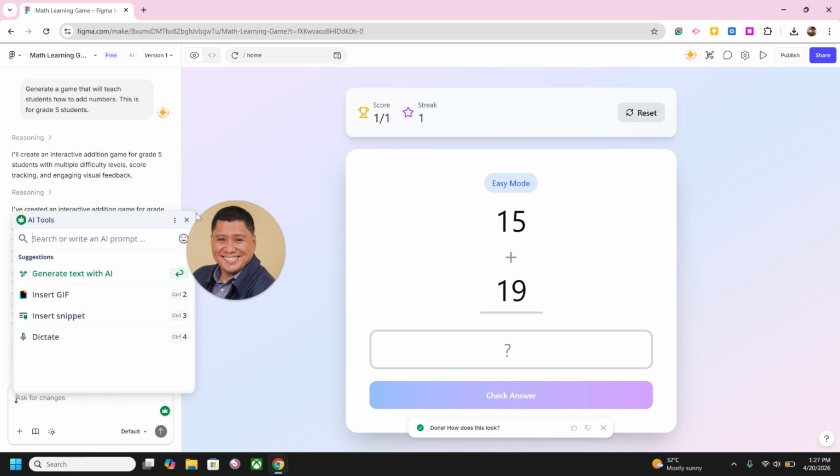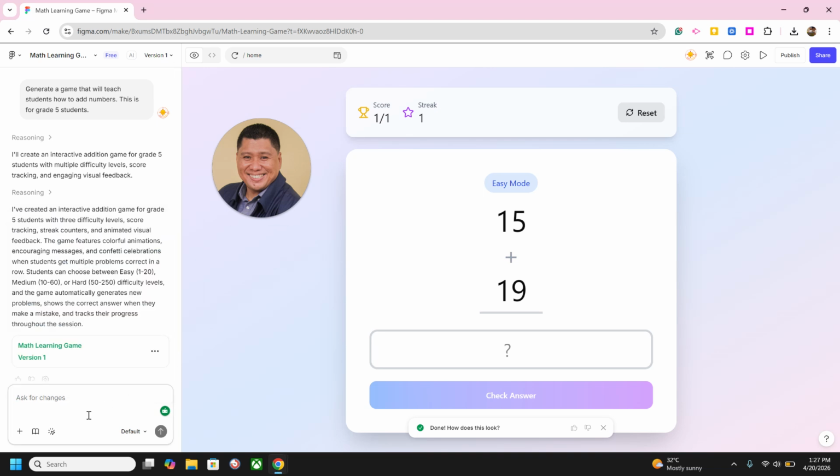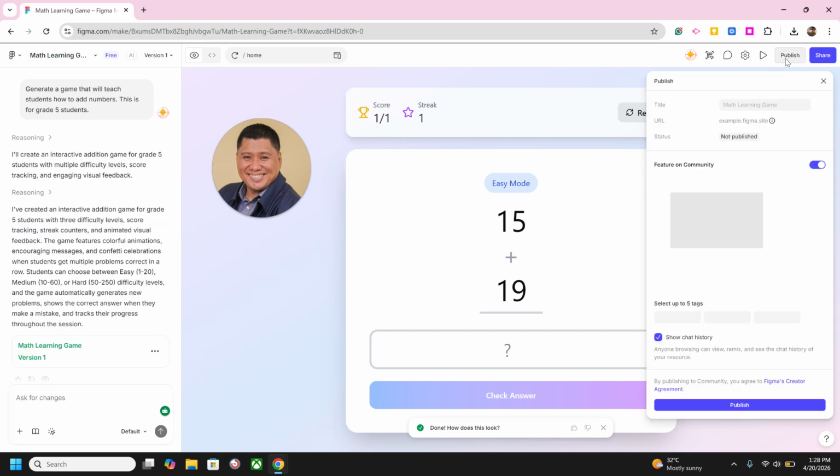the changes that you want to make in this application. Then after typing the prompt, you just press enter. If you're already happy with the result, make sure that you click publish.